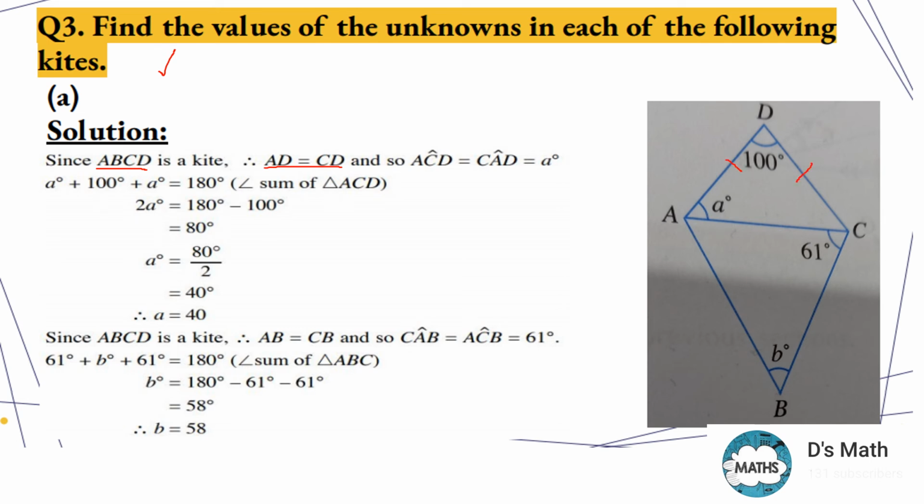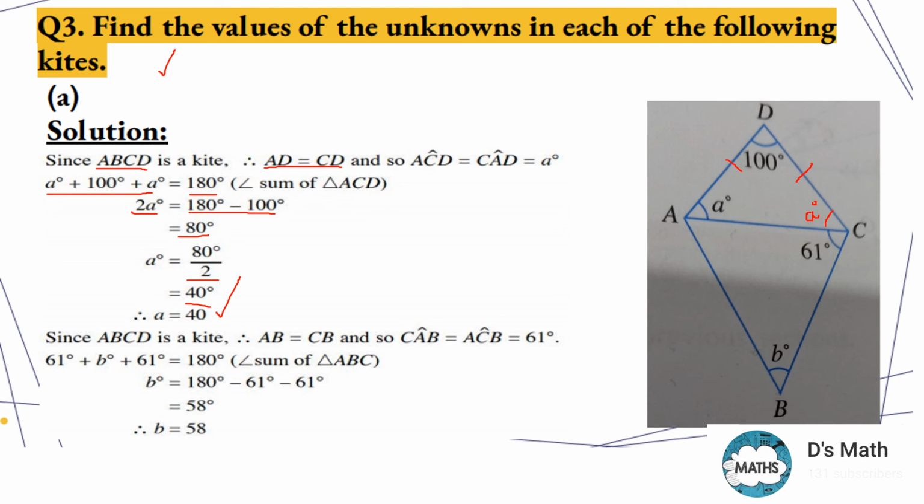This line is equals to this line, and this is the case of the isosceles triangle. If this angle is ACD, this will be A, because we know that in the case of isosceles triangle, if two sides are equal, that means the two base angles are also equal. So we will use the concept of the sum of the interior angles of the triangle. We will look at the triangle ACD. So we'll add A with 100 with A, that is equals to 180. When we add A with A, we have 2A, 180, 100 will be shifted on the other side, 180 minus 100, that is equals to 80, and 2 is multiplying and will be shifted on the other side, will be divided. So 80 divided by 2 is 40, that means our value of A is 40 degrees.